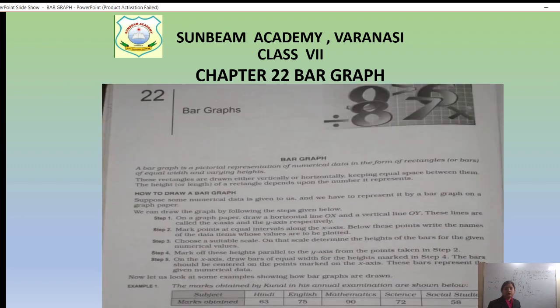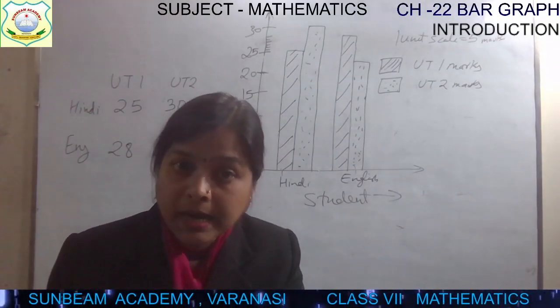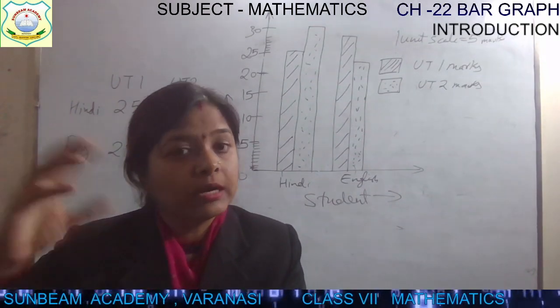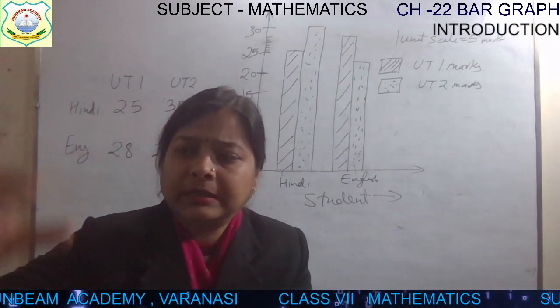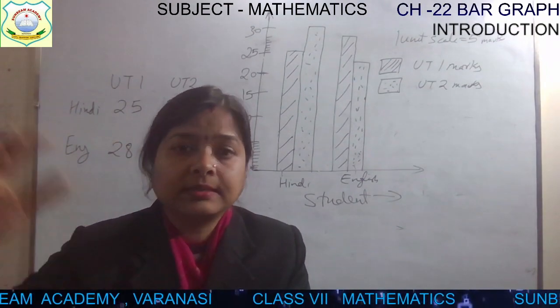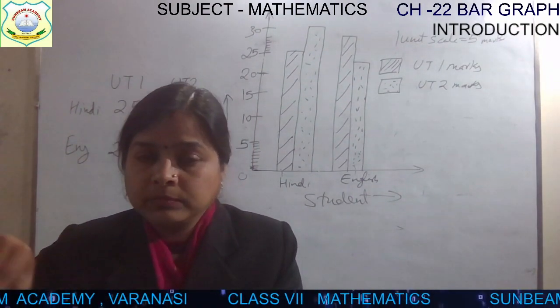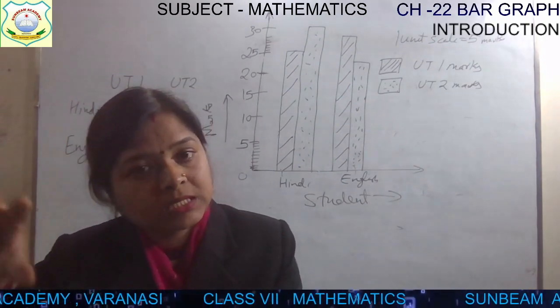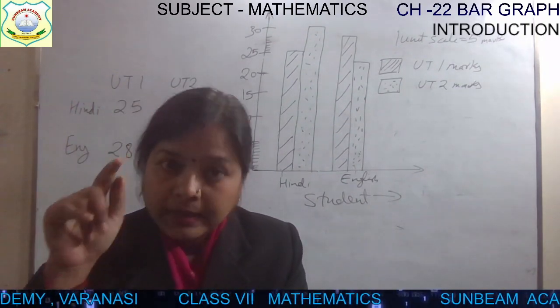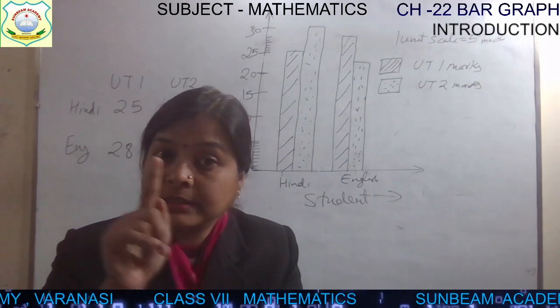See this is your book page. A bar graph, what is a bar graph? So definition children, see the definition. What is a bar graph? A bar graph is a pictorial representation. आप pictures की form में बनाते हो, but वो pictograph नहीं बनाते आप, you use the bars here. ठीक है, in class 6 or in class 5th itself you used to draw the pictures like one ball represents 10 people, then half ball represents 5 people. So pictures आप बनाते थे वहां पे, that is pictograph. It is also a pictorial representation, but it is not pictograph.